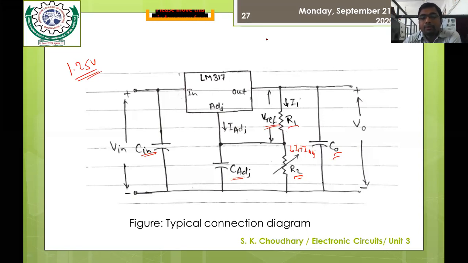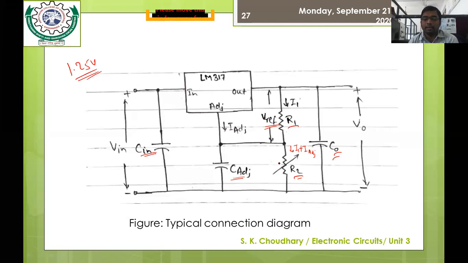So what is the effect of this constant value? Because of this constant V reference, the current I1 that is flowing across R1 would also be constant. So to determine the suitable values of R1 and R2 for the desired output, because we know that